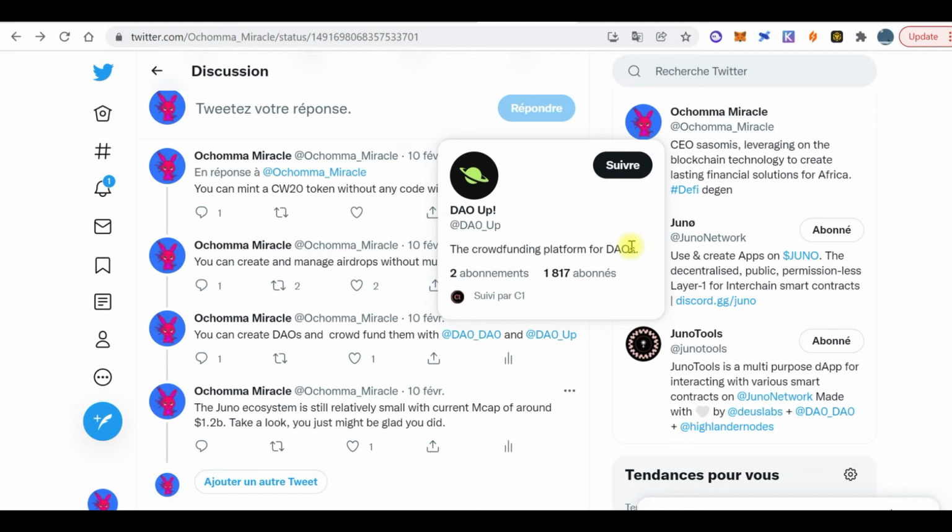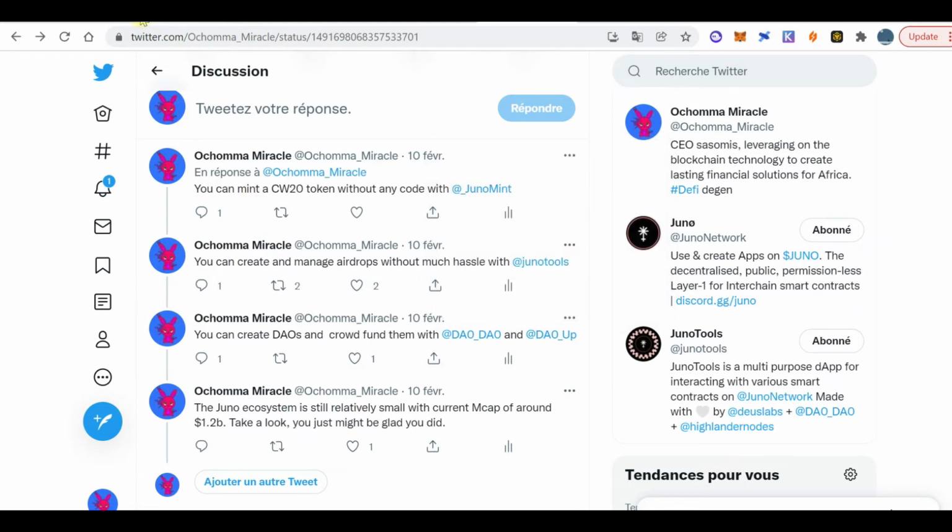So the Juno team is building out tools to make interacting with the ecosystem pretty safe, because most of the time what happens with these newer chains is that when new chains come and liquidity starts coming in, we experience heavy rugs. So Juno devs build out these tools to make sure that people are relatively safe.